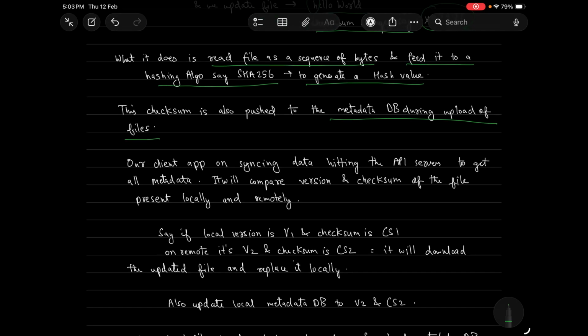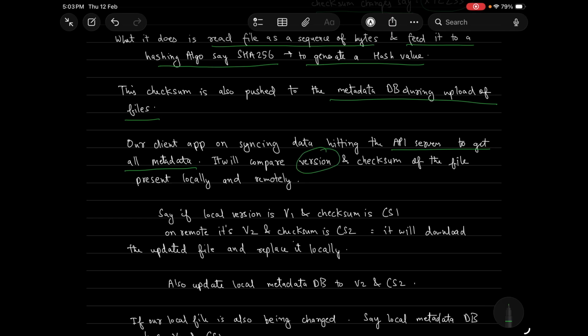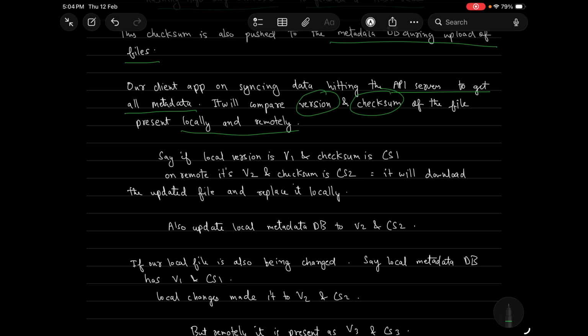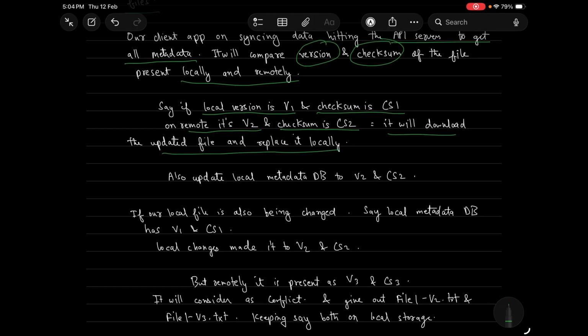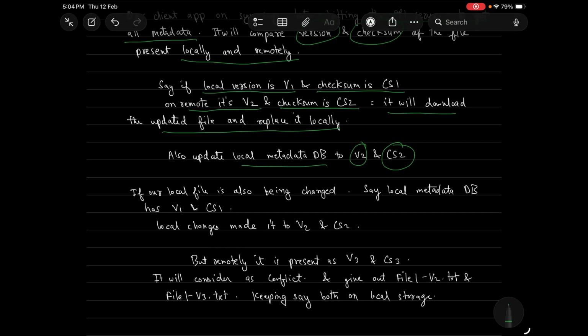A client app, on syncing data, hits the API servers to get all the metadata. It will compare the version and checksum of the file present locally and remotely. Say the local version is v1 and the checksum is, for example, cs1 in the local metadata, and on remote, the version is v2 and the checksum is cs2. So our client will download the updated file and replace it locally. Make sense? Then it also updates the local metadata DB to version v2 and cs2, what was present remotely,